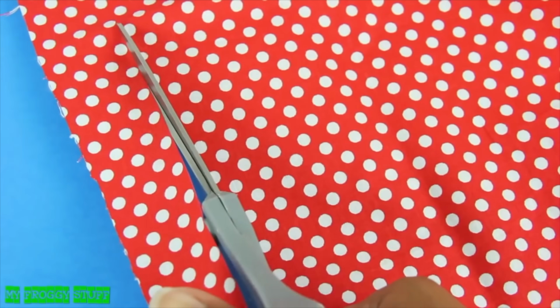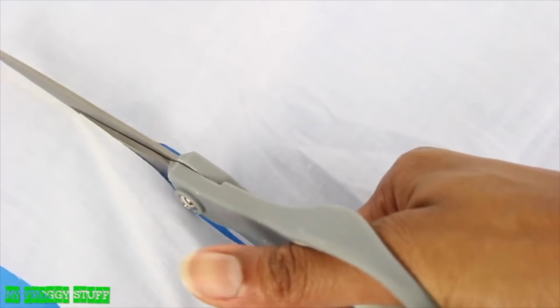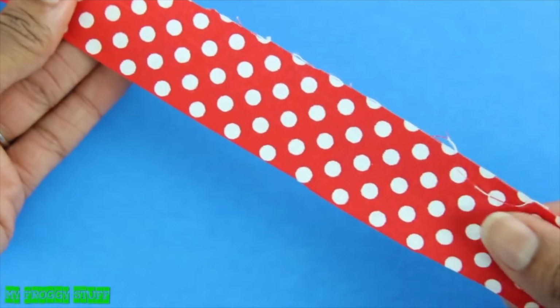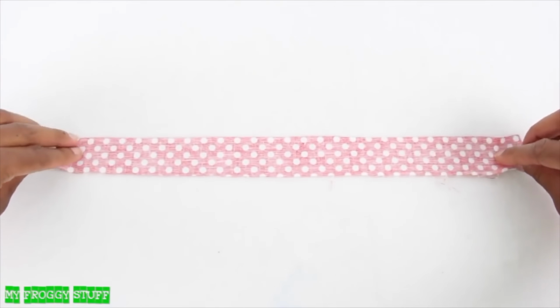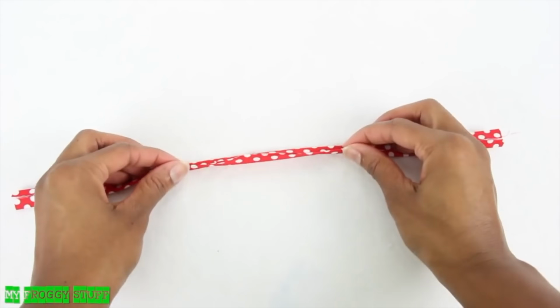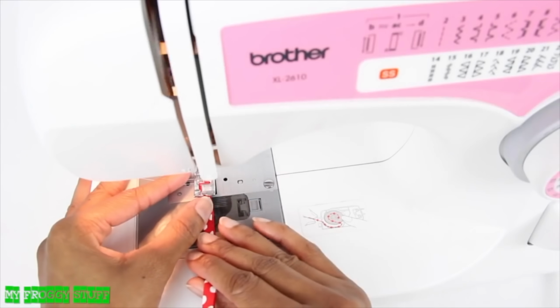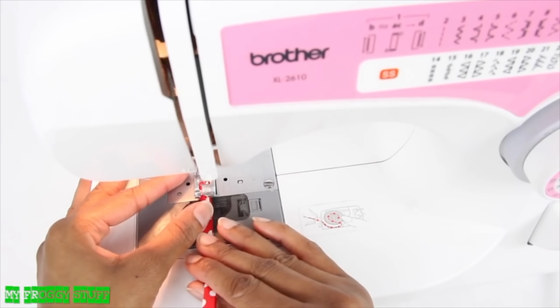Cut a long thin strip of fabric for the straps and another strip to go under the bust. Take the fabric for the straps, lay it good side facing down, then fold over the edges, iron it flat, fold again, and iron. Using a needle and thread or a sewing machine, sew a straight line all the way down,